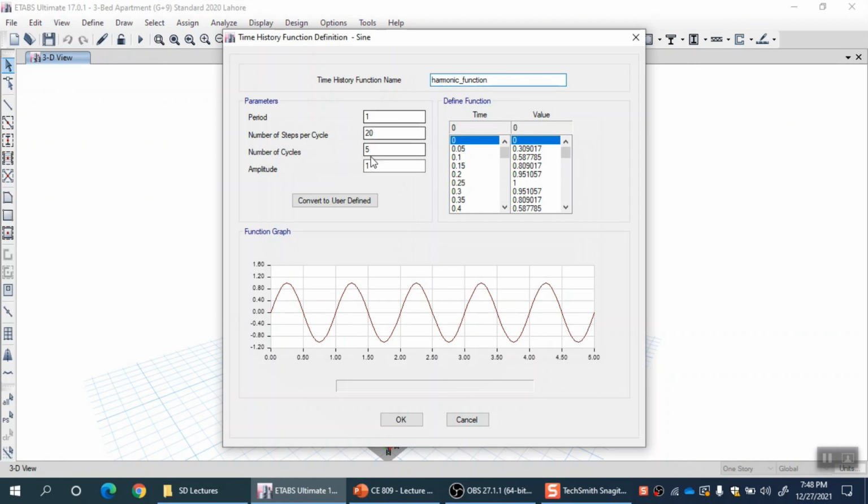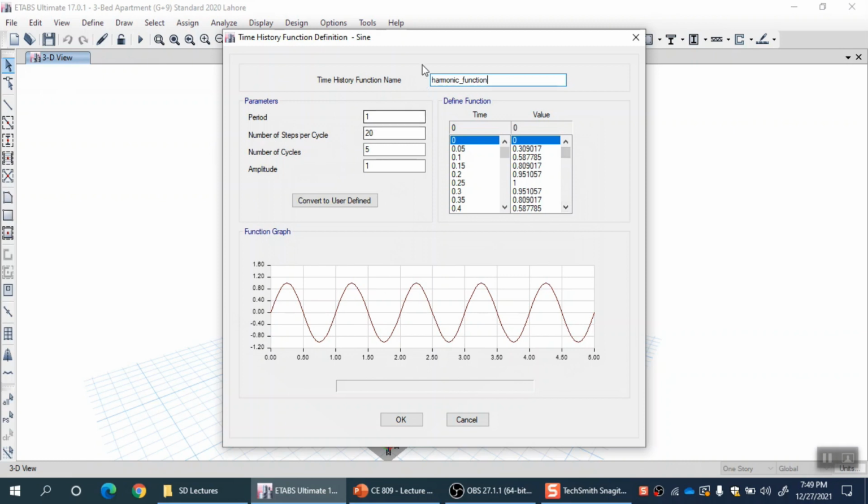I just need to give 2-3 things here and it will be modified according to that, and the table will be generated automatically. Obviously you should know that the program will be using step by step direct integration or modal RHA depending upon what we select in the load case, right. So it will not be using the classical solution even for single degree of freedom systems. It will always be using either of these two methods.